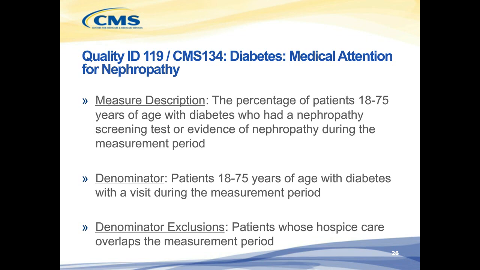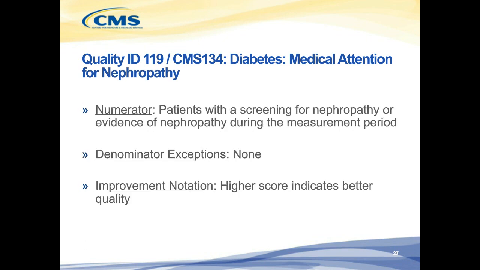We have the same denominator where we're looking for patients 18 to 75 with diabetes who had a visit during the measurement year. And for the exclusions, it's that same exclusion for patients who are receiving hospice care during the measurement year. Our numerator, as I said, is patients with a screening for nephropathy or evidence of nephropathy during the measurement year. There are no denominator exceptions, and similar to the last measure, the improvement notation is higher score indicates better quality,